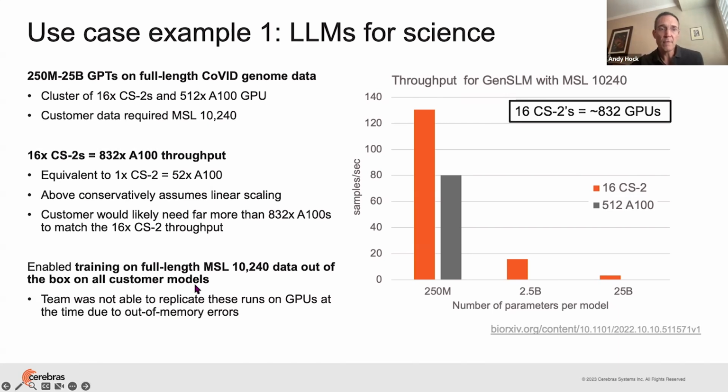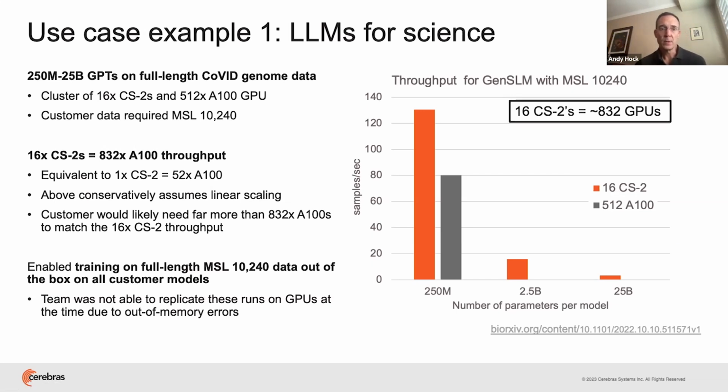And the bars on the left show what's described in text on the far left, that is training the 250 million parameter model, same data set. The cluster of 16 CS2s delivered the effective throughput 832 times faster than an